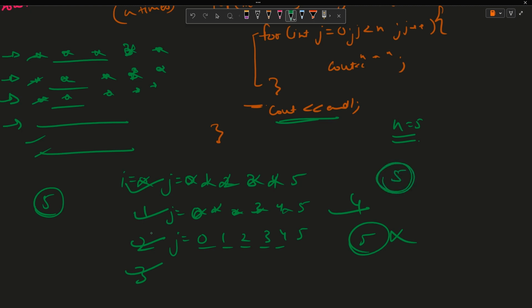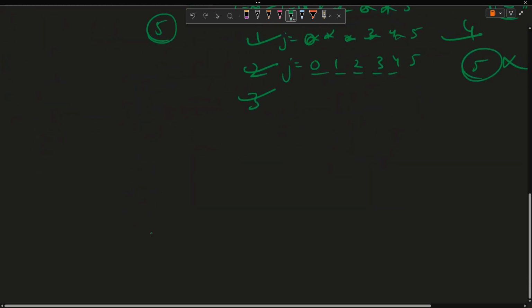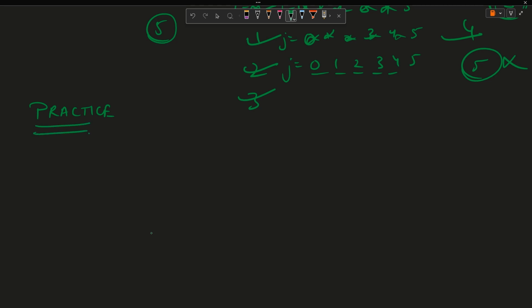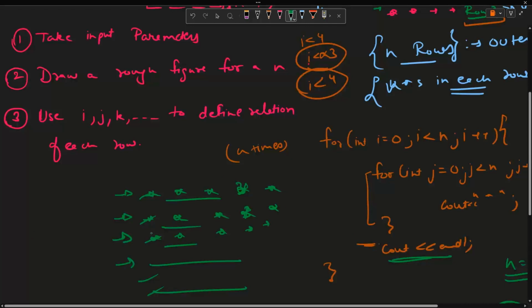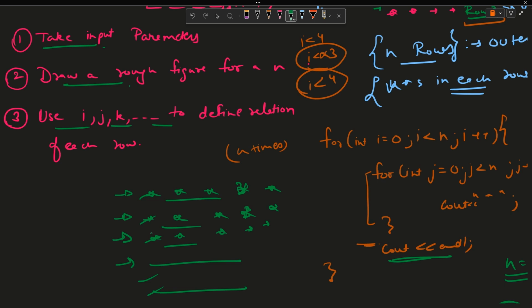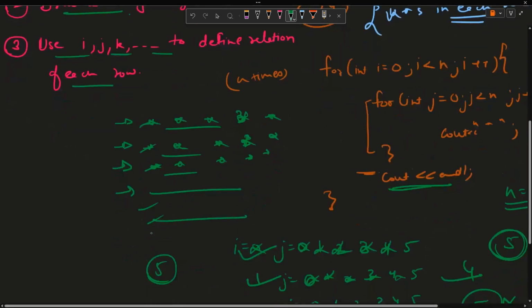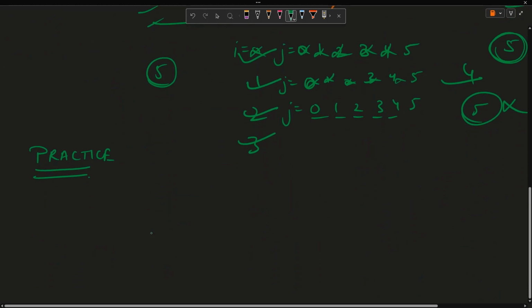Okay, so I hope this was clear to you. Now, the patterns, or in fact any coding problem, can be mastered with the help of practice. So I just provided you a basic idea of what you have to do in each question. What are the steps? You have to take input, draw a rough figure, and use i, j, k to define the relation of each row. And believe me, there is much more to come in the patterns. So don't leave the video. Instead, just pause it and code it down. Okay. So I hope you coded it down, and now it's time for me to show you how to code